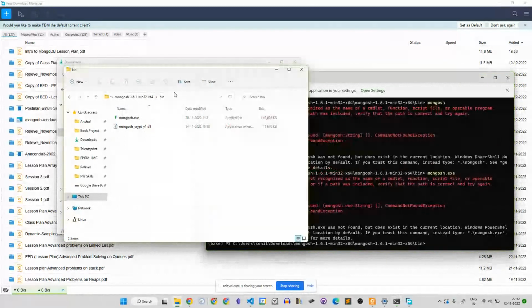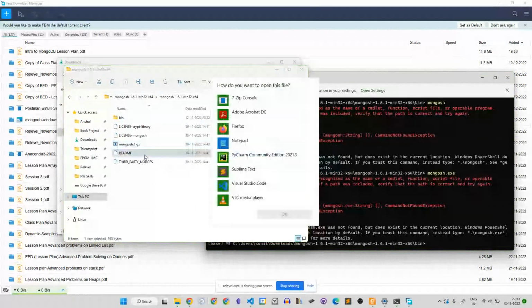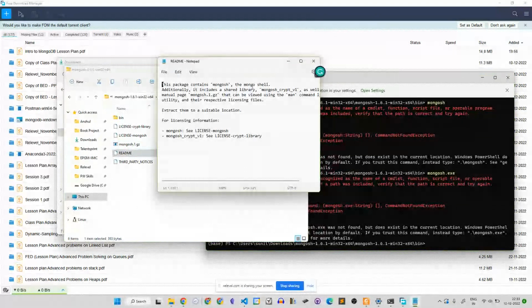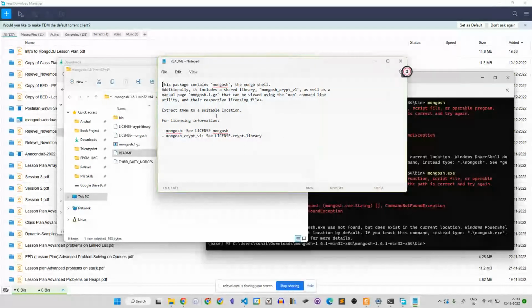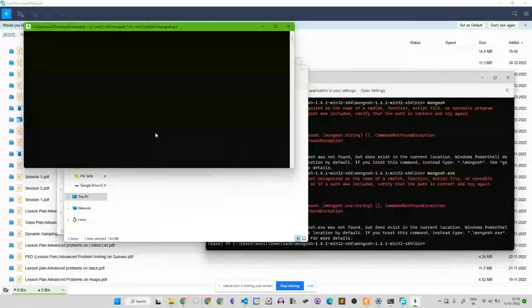I'm not sure how this works. Let me read the readme in Notepad. So if I just click on bin and click on mongosh, it will open up.